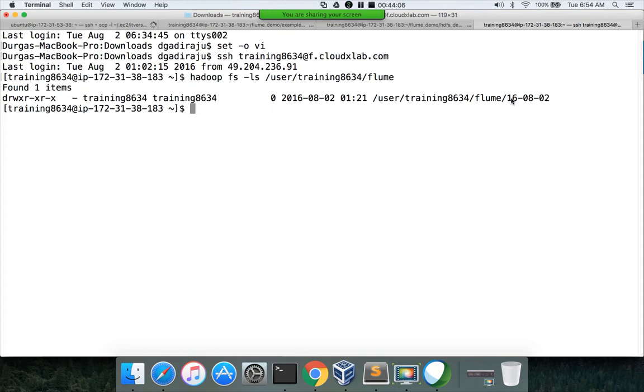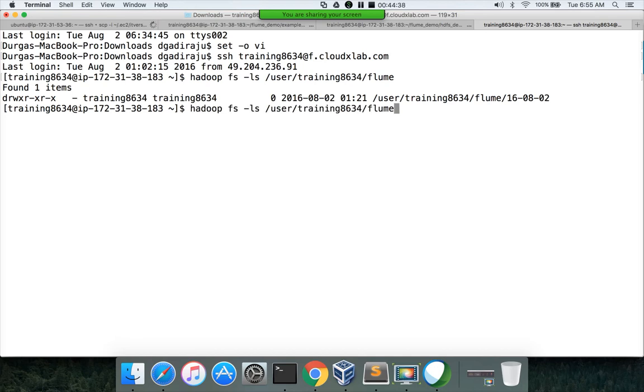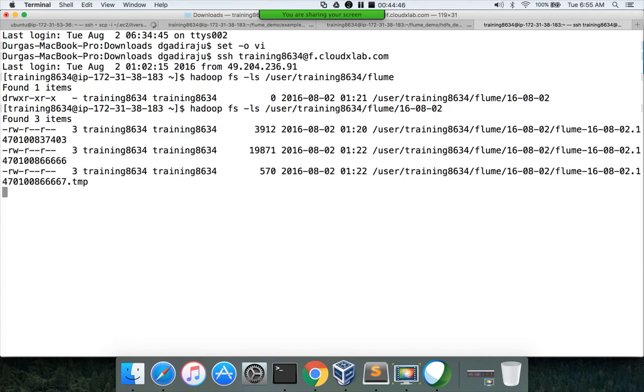If you see, there is a directory created with today's date because I have the HDFS path as this one. Okay, so it is very important because at times when you try to do the data ingestion, you want to separate the data by date. That is one of the most common design decisions which people take while getting data from different sources. Okay, and in that directory, it should have some prefix also, not just date, so that you can have data for different types of sources, but date is more relevant.